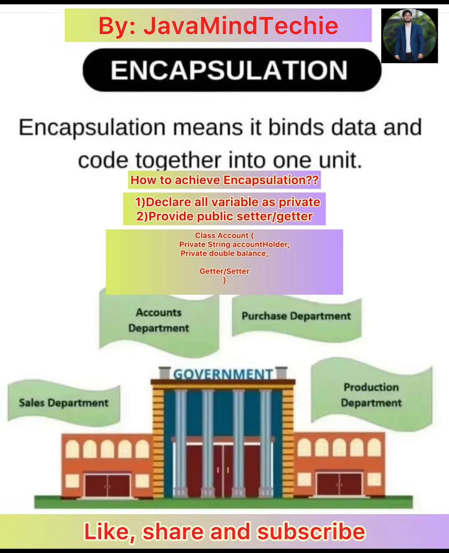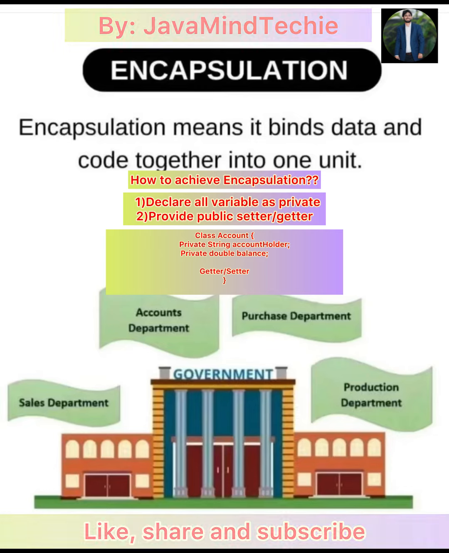So here we'll understand what encapsulation is and why it is so important for us in our OOPS as well as in our Java implementation. So let's understand within 3 minutes what encapsulation is, with the definition first. Encapsulation is the mechanism of binding data, meaning variables, and actions, meaning methods, into a single unit. That is called an encapsulated class, and the entire process is known as encapsulation.